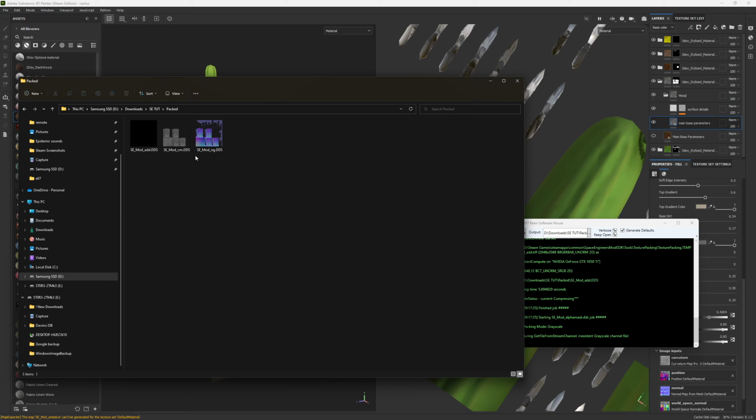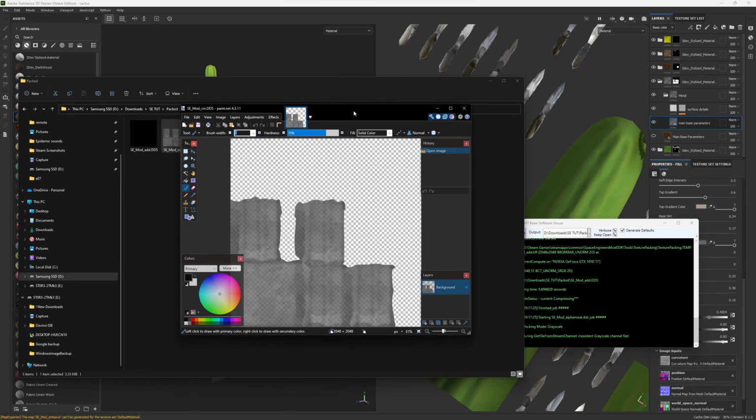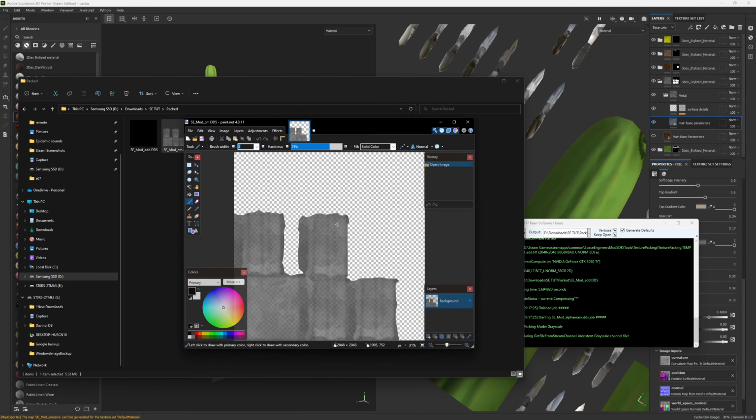So we have these three textures and they look extremely weird. If you look at them in a program that can open DDS, for some reason it looks ghostly and strange, because it is showing you two textures in one basically. It looks weird, but don't worry. The main point is it will look good in Space Engineers. It will not even look good in Blender,